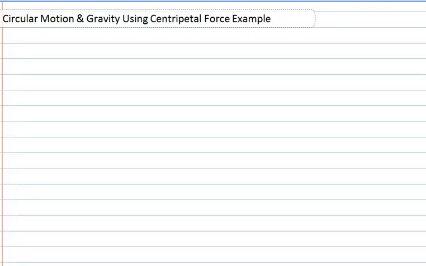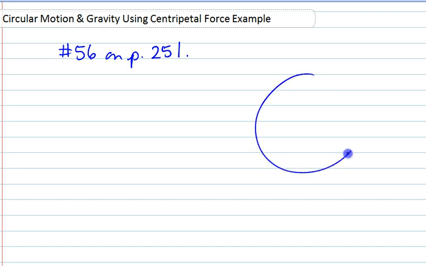Okay, welcome back everyone. In this video, we're going to look at an example of applying F equals ma using centripetal force. This is number 56 on page 251. I'm not going to write out the problem, but basically we have a pilot going in a vertical circle. The reason this is important is that now we have to think about the force of gravity. The pilot in his seat in the plane is undergoing this circular motion, and for part